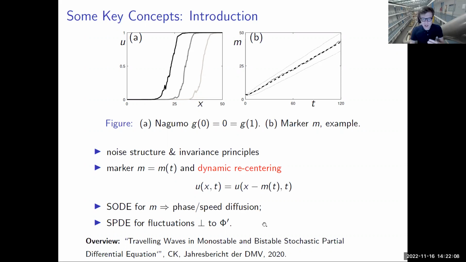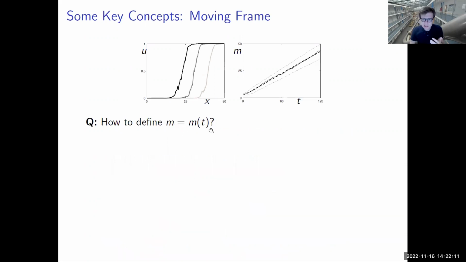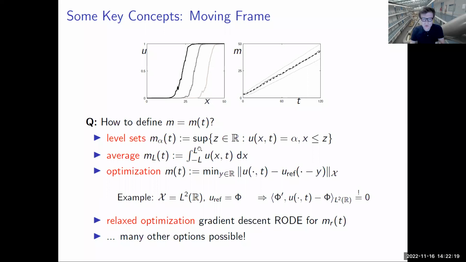Okay. So now let's look at how to define this funny marker quantity, because you could take many choices in the stochastic setting. In the deterministic setting, it's c times t, but what do you do otherwise? You could define, for example, the position of that wave at time t simply by looking at level sets. So you're looking at your solution, you're checking when it reaches a certain level set, and by that you are tracking the actual m of alpha t. So that's one way to do it, when you hit a certain level set at a certain time.